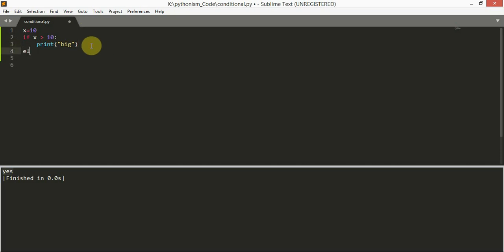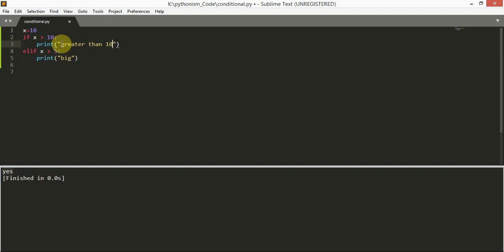And then elif x greater than 5, bigger than big, or else we can use some sensible string here.